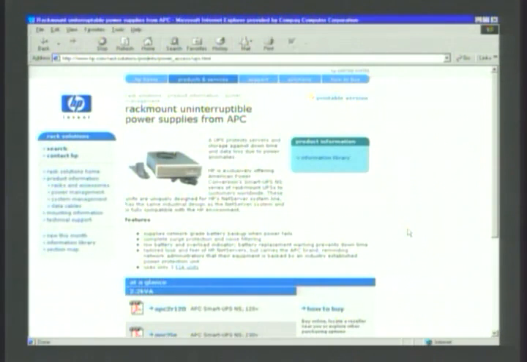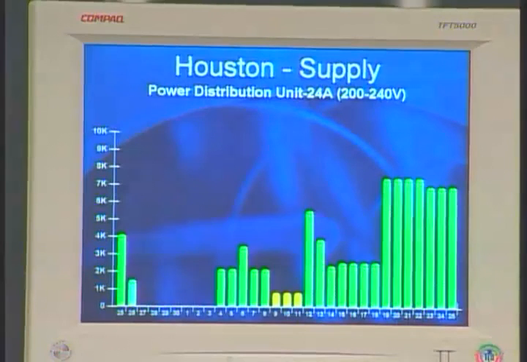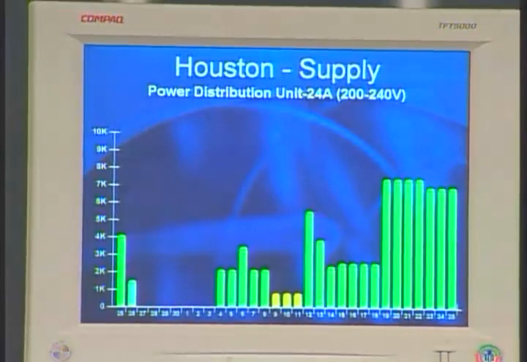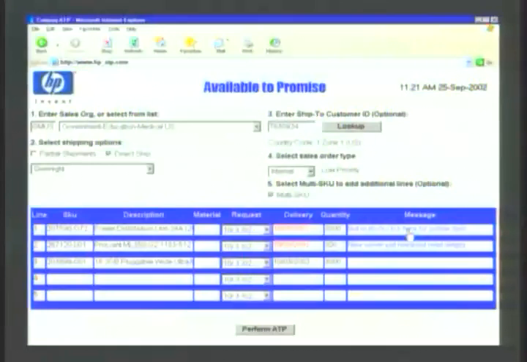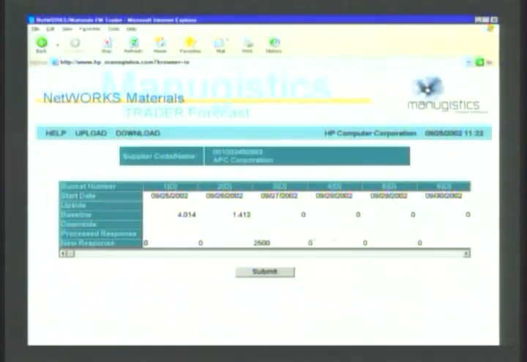Now that I have this, I can notice that if you look at the screen that shows all of the available to promise over the next 30 days, the reason I couldn't satisfy the order is I don't have any inventory available in the first few days. It's all been allocated. So I could call my supplier and request more inventory, and that supplier might go into a vendor management system like this and say, on the 3rd day of the month, I'm going to give you 2,500 more units. When they do that, that event will be captured to our data store in real time,